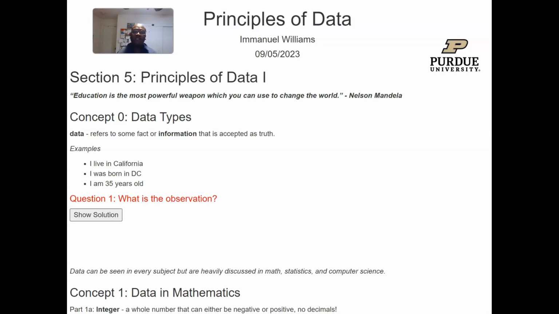So data refers to some fact or information that is accepted as truth. Any piece of information, whether it's your birthday or how long you can hold your breath or how tall you are, these are facts. These are pieces of information that we can accept as truth. And so what data science allows us to do is to aggregate these pieces of information, these truths, in such a way that we can make generalizations or even make predictions regarding information